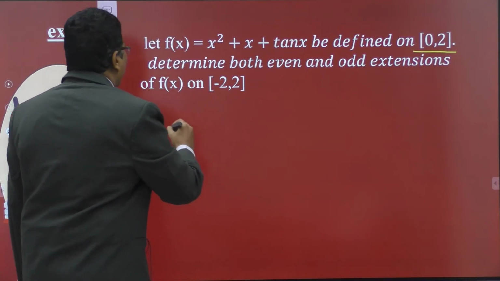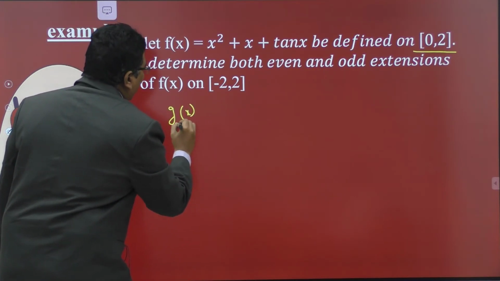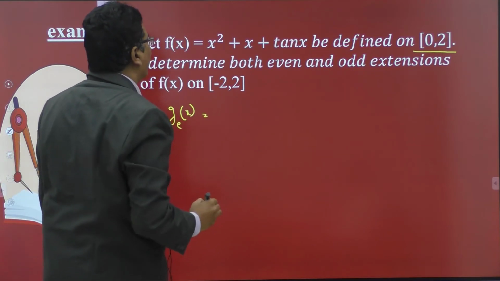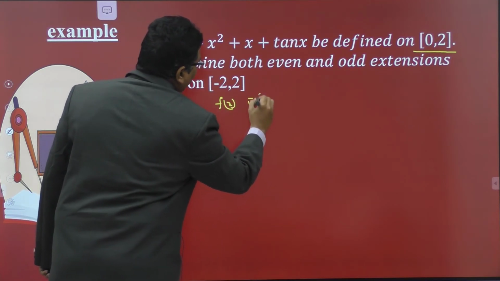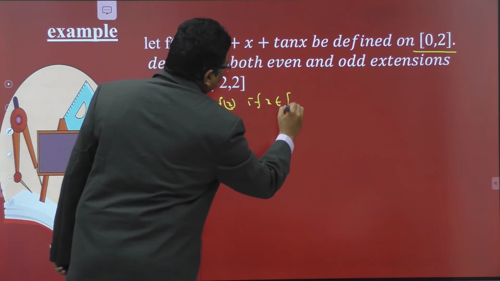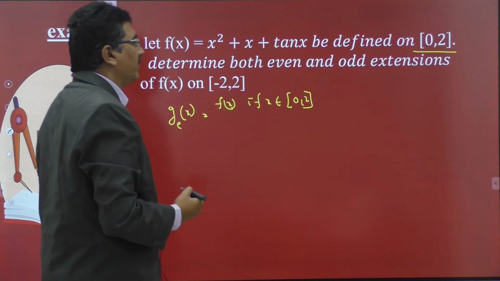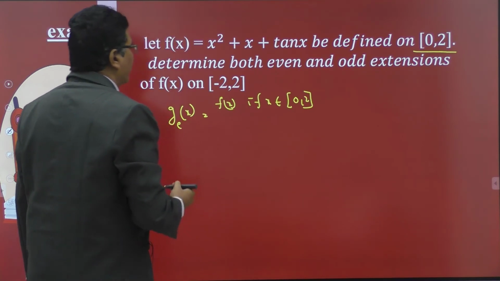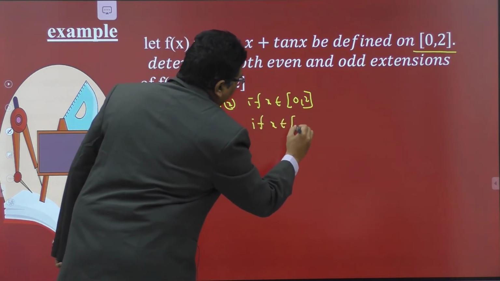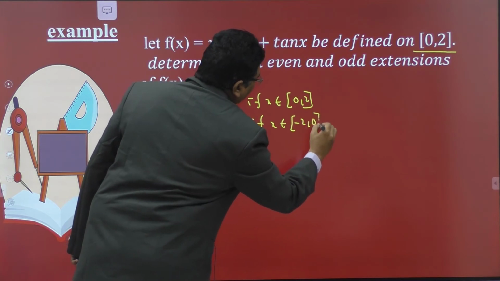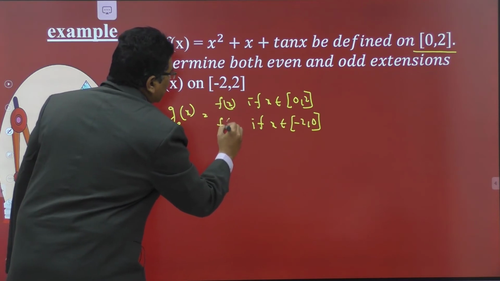Right? The definition of an even extension, this is an even extension of f, that is equal to f of x if x belongs to the closed interval 0, 2, and f of minus x if x belongs to the closed interval -2, 0.